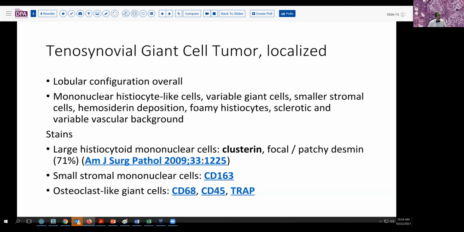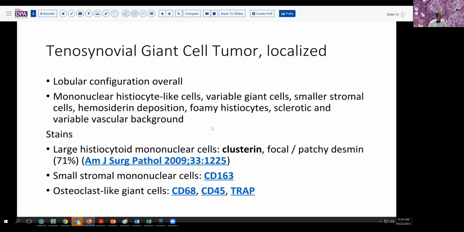These tumors generally have a lobular configuration. They have several different cell types. There are mononuclear histiocyte-like cells, variable numbers of giant cells. Some have a lot, some have very few or even none. There are some smaller stromal cells, the hemosiderin deposition we've mentioned, foamy histiocytes, and a variable sclerotic and vascular background can also be seen. Now, if you need to do immunohistochemical stains, and I can't recall a case where I have actually had to do so,